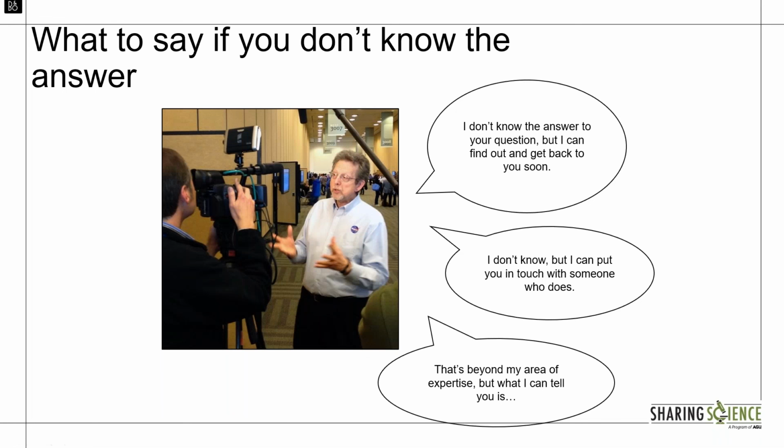I think the thing is, so no comment, as you probably all are aware, probably from watching political press conferences and stuff, has a kind of a thing that goes along with it. When you say no comment, people think you're hiding something. So it's best not to say no comment, but it's best to say, if that's something that you don't want to answer because that's not your area of expertise, like if they're asking you a policy question and you're not comfortable with that, it's totally fine to say, that's not my area of expertise, but what I can tell you is, and go into your own messages.